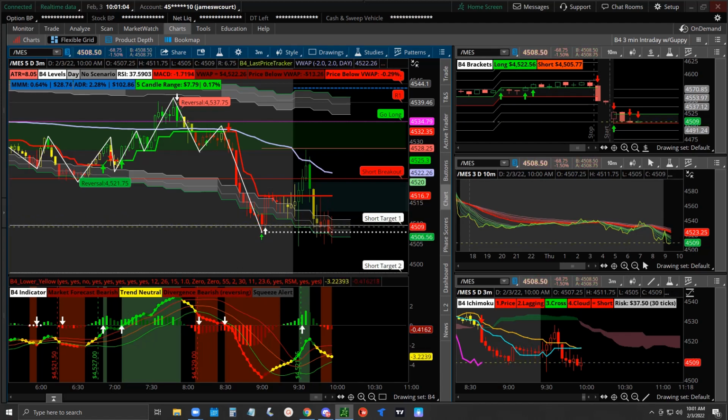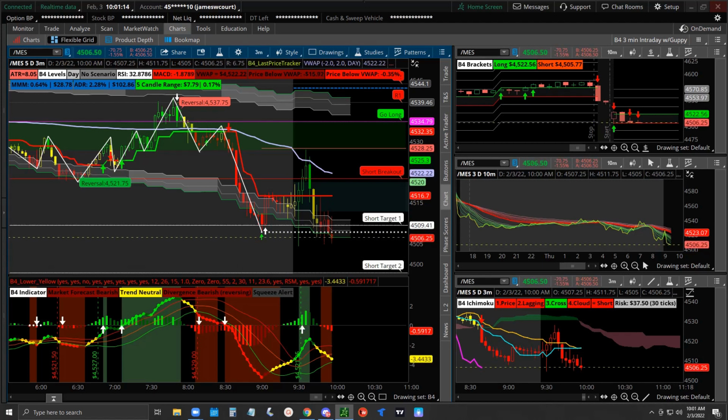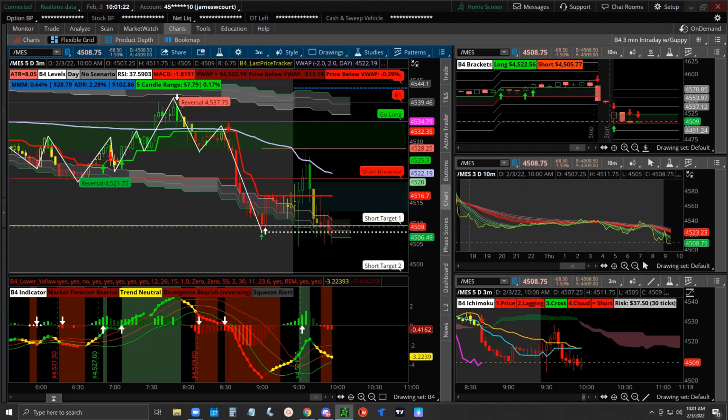Check out bar 5. That's a mother bar. They just tested the 50% of the mother bar. If the rejection is going to come, it's going to come from there. Okay, see that bar 5? You've got two inside bars. Now, that could be that rejection trap I've been looking for. If bears are going to sell this into the 45.0225, now is the time.